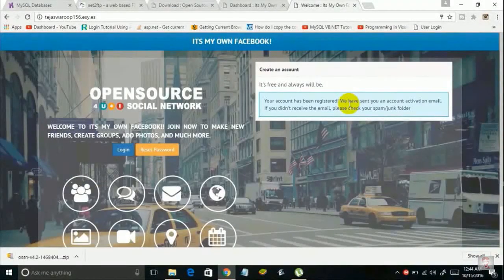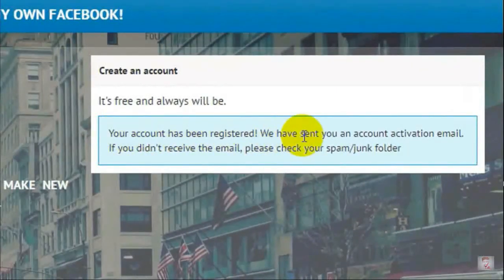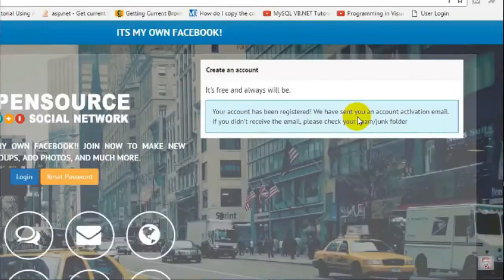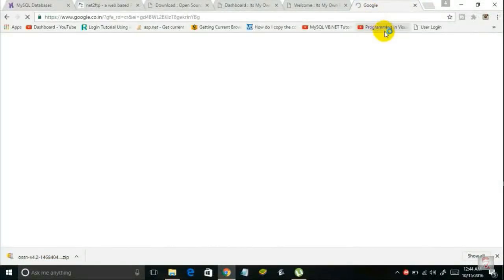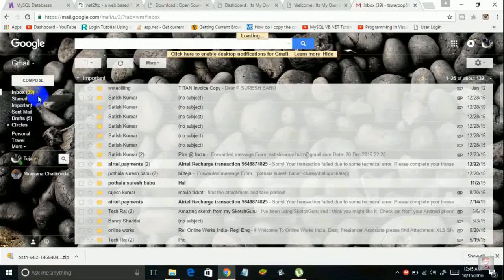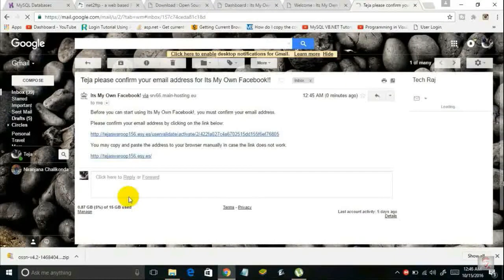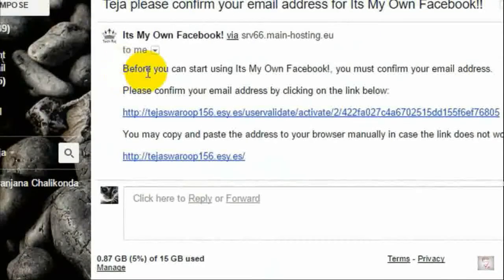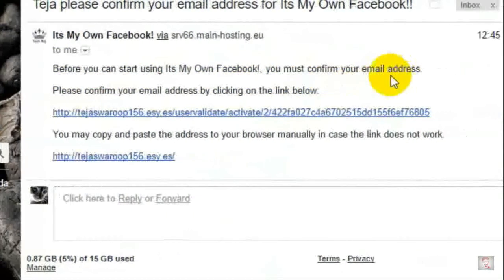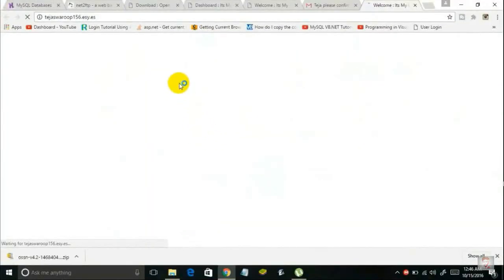So once you enter all the details in the registration form, it says your account has been registered. We have sent you an account activation email. Well, okay, let me open my email. So here I have an email from my website. Here we go. Okay, it says before you can start using, and it says some blah blah blah. Well, it says please confirm your email address by clicking on the link below. So let me click on the link below,